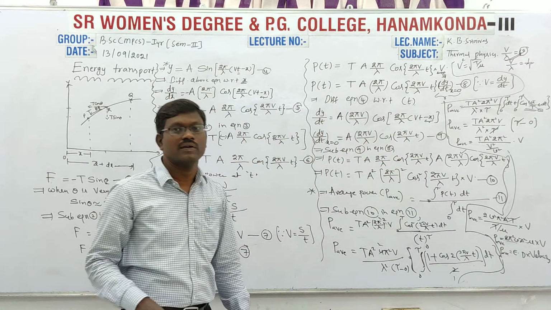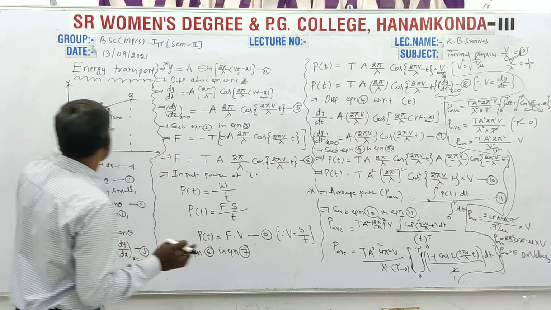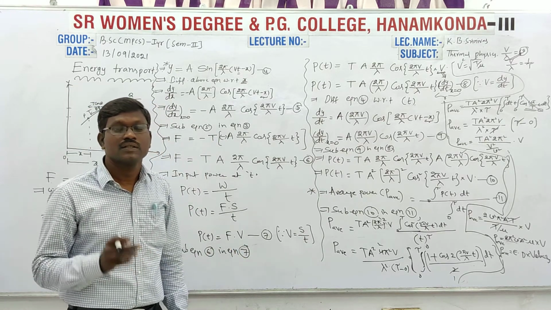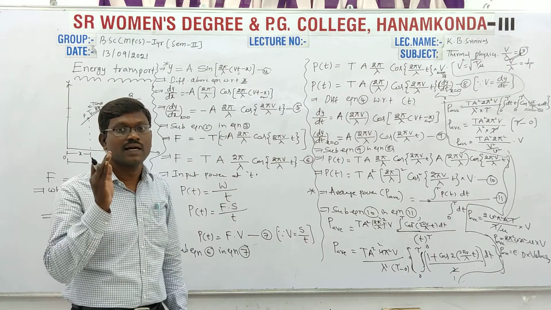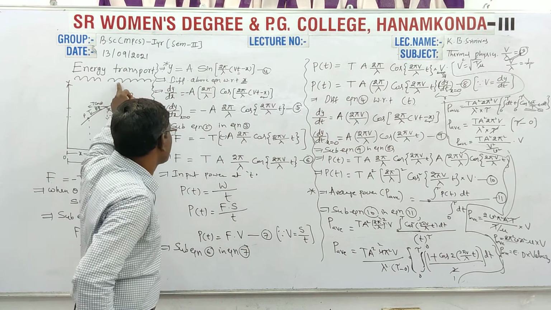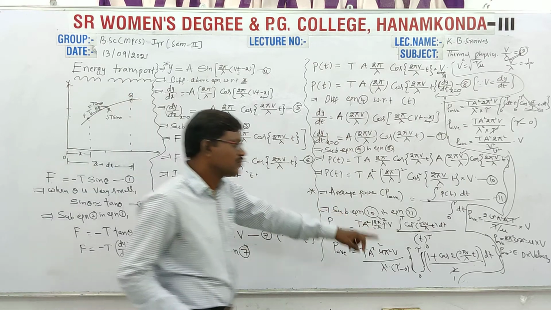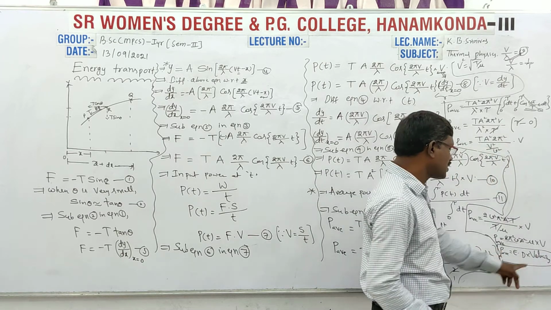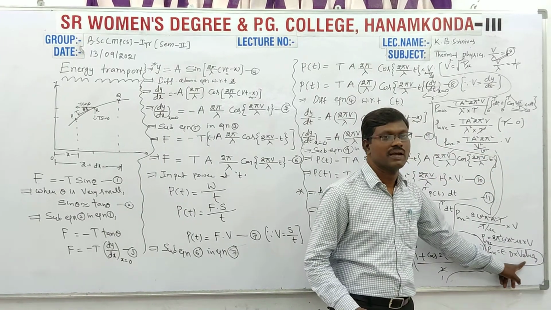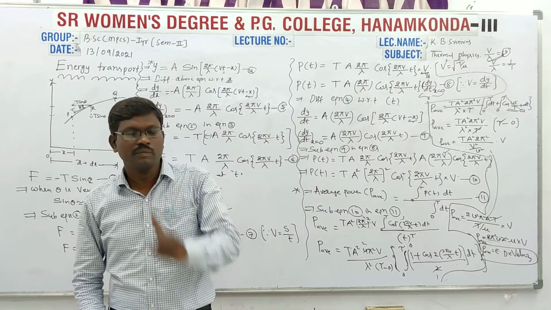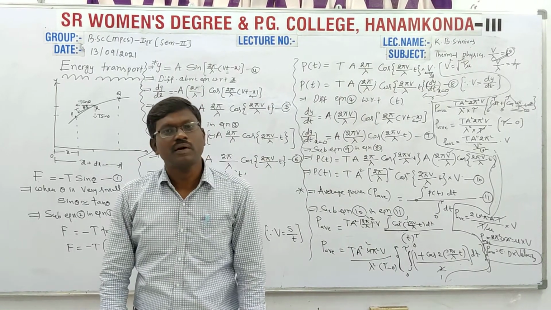So average power is nothing but energy transport. What is energy transport? That is the energy transported from one point to another point, known as what? Energy transport. This is the final expression. So the final expression gives the product of energy density and velocity, which gives what? Energy transport only. So one more topic is left in this first part, that is impedance.